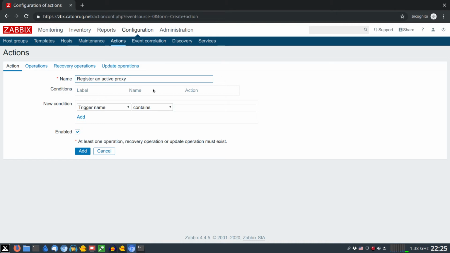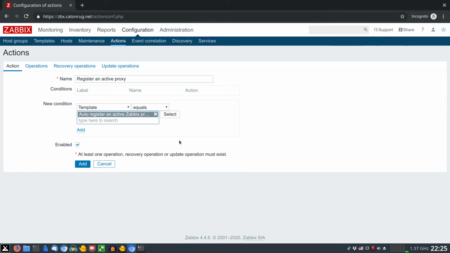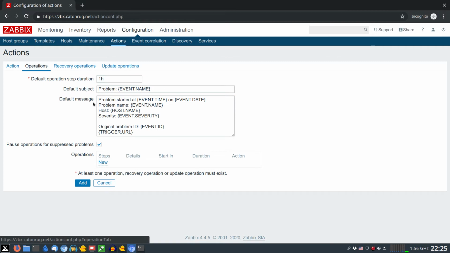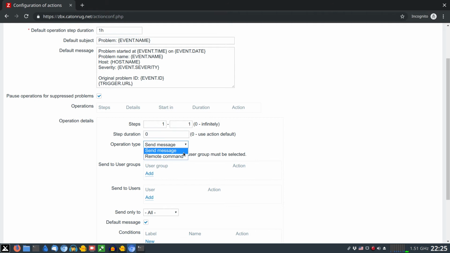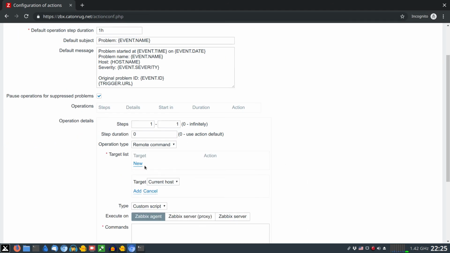The condition is to match the template. I really like this type of filtering. My template name is auto register an active Zabbix proxy. Remember to click the small add button. Now at the operations tab, instead of sending a message, we will use remote command, target list, click new, current host, add,